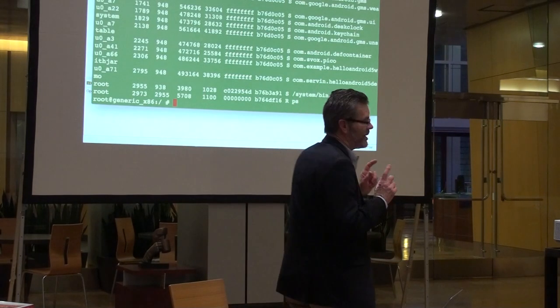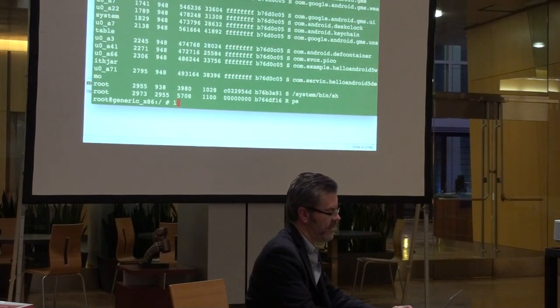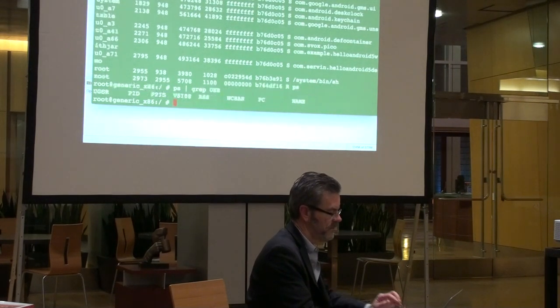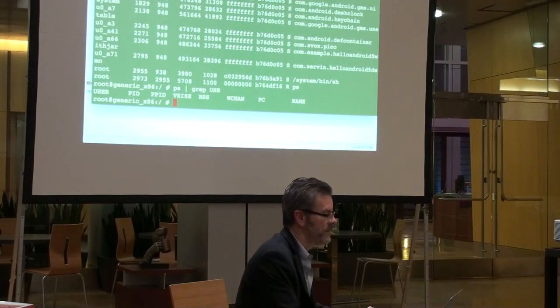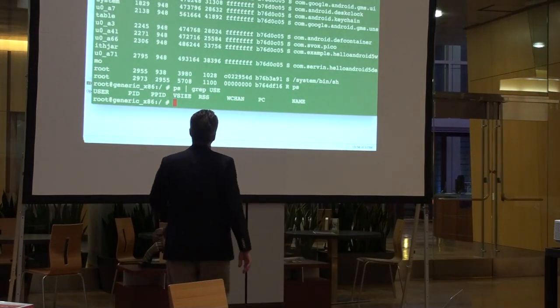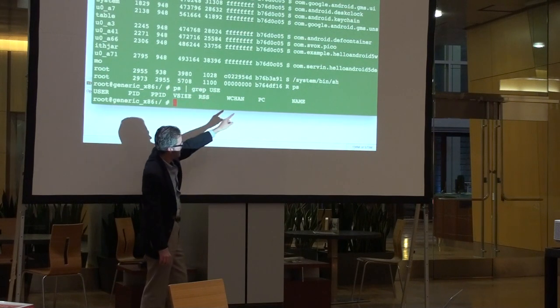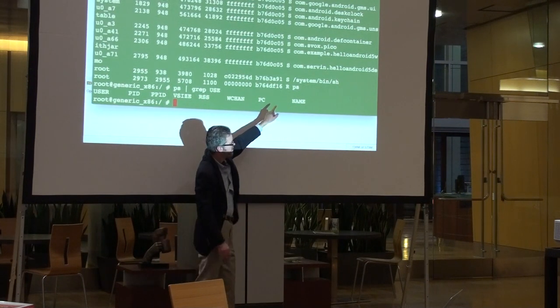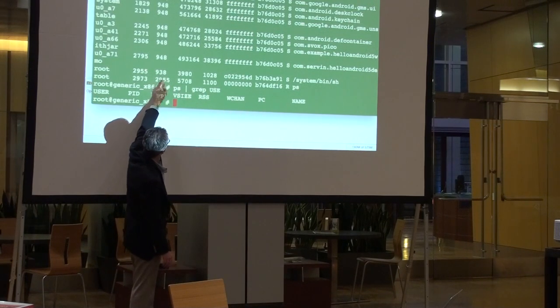It turns out it's very easy to see a Java application running because this column right here is the virtual memory size of your application as it's running. And notice the virtual memory size when I ran the ps command, which stands for process status, and the shell command, which is here. Just very small amounts of memory compared